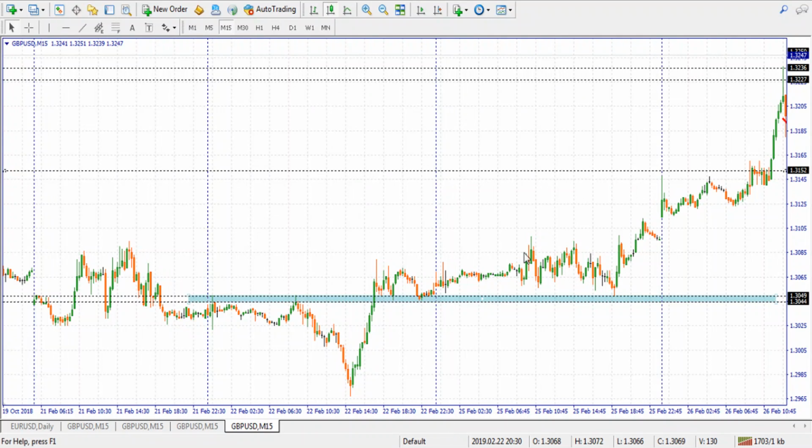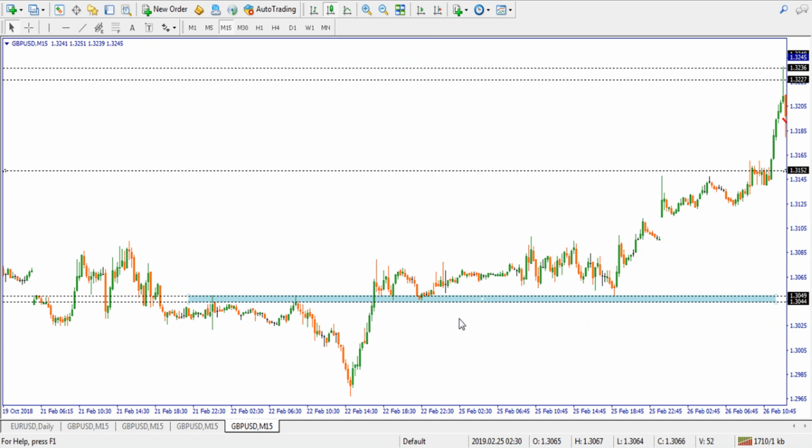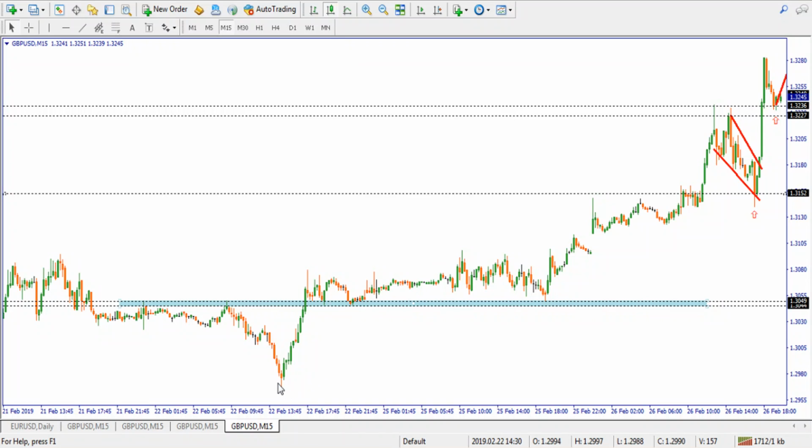Then I'm going to remove period separators. Sorry, still on the chart. Period separators. Then the next one, no, that's fine. So as you can see on this one, from this point is the swing low, up to this point the overall trend has been upwards. We've been heading even higher, and even if I was to add an indicator on this one, maybe a moving average,